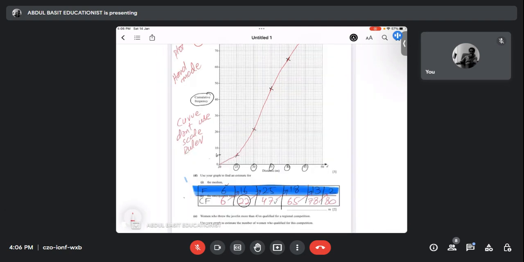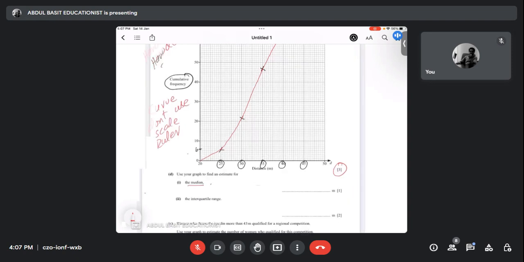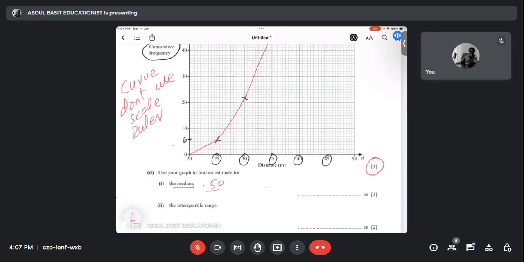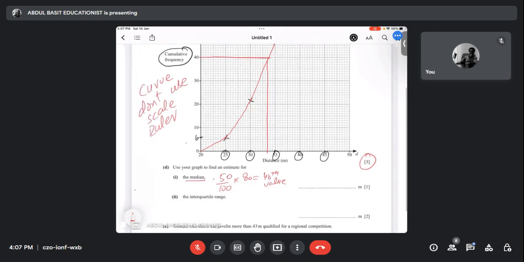ओके, अब मैं ये टेबल मिटा रहा हूँ यहाँ से, क्योंकि क्वेश्चन हमने प्रोसीड करना है। वंस यू आर डन विद द कम्युलेटिव फ्रीक्वेंसी you get 3 marks for that। find the median। median is 50%, means half। 50% of cumulative frequency which is 80, that is 40th value। So join 40th with the curve, hit it downwards और अब इसको नीचे ले आए। So the result is 33.5।